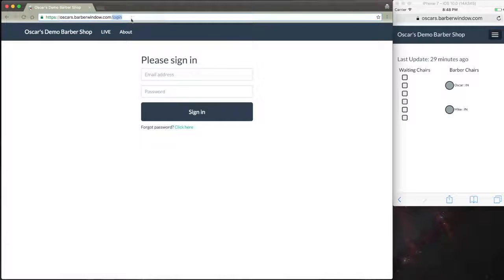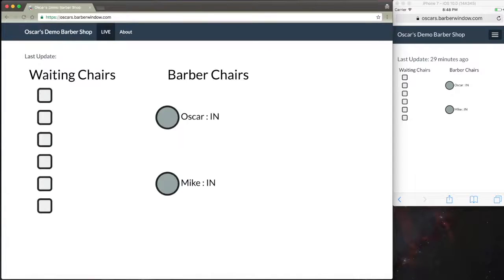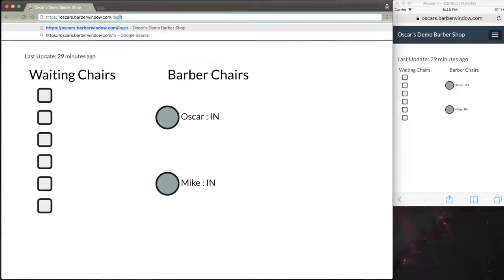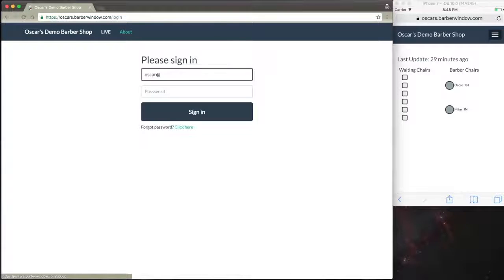The application is divided into two parts: a public side for the general public, so people like your customers, and a private side that requires a login to access and is for managing the site. It's designed for barbers to use while they work. We're going to look at the private side first, so we'll go to the login screen and log in as